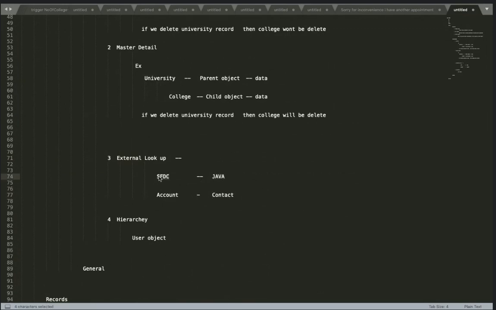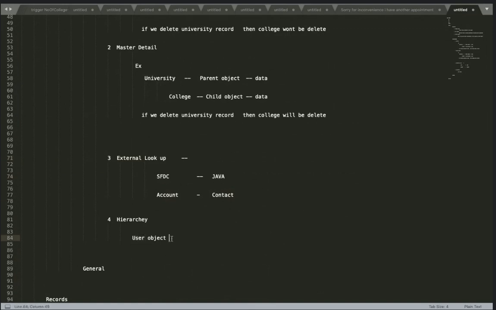This is the Salesforce system. In the Salesforce system, you have a parent object called account. The Java system has a contact. This contact wants to refer to the parent. You have to get a lookup relationship, external lookup relationship, with this account. Then you can refer to it here. Okay. Clear?